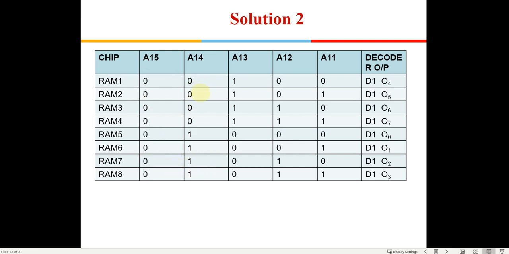Okay, so here if you see, 2 inputs have been used. 2 combinations of inputs have been used for selecting the RAMs, and for the ROMs, 1 0 and 1 1, another 2 sets of combinations have been used for the ROM chips. So if you see, they're unique. That gives 2 values.